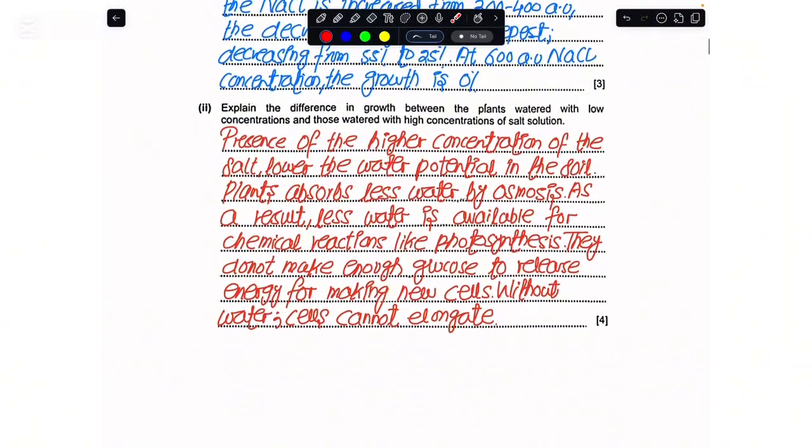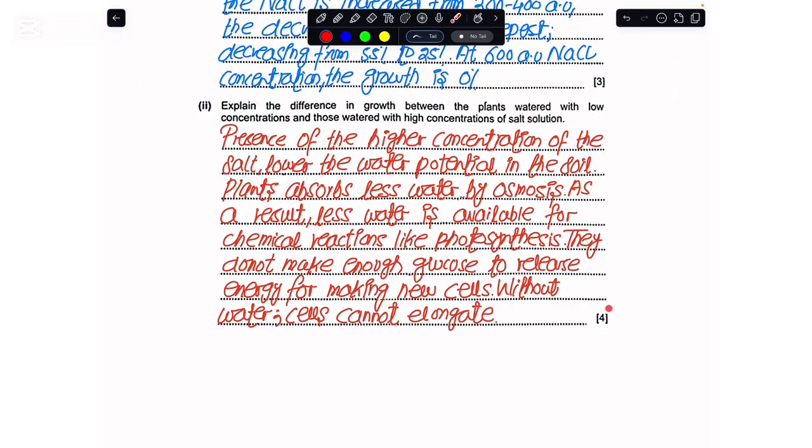Now, if we were to move to the second part, and here the examiner has given you 4 marks, so this means that we are required to present our examiner with a total of 4 statements. What they have asked here is that we are required to explain the difference in the growth between the plants that were watered with the low concentration and those plants that were watered with the high concentration of the salt